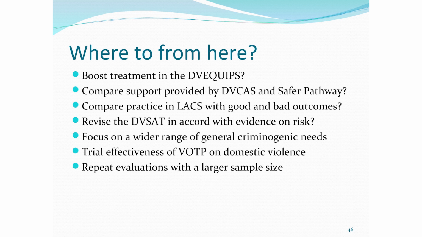Obviously, we need to revise the DV-SAT in accord with evidence on risk. I think that's really important. I suspect we might need to devise programs that address a wider range of criminogenic risk factors, not just those that we think are tied to domestic violence. It would be really interesting to try VOTP on domestic violence itself. That's probably impractical, but it would be really interesting to see how it goes specifically for those who commit domestic violence. It would be good to repeat all of this with a much larger sample size,